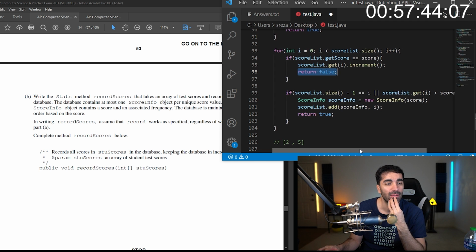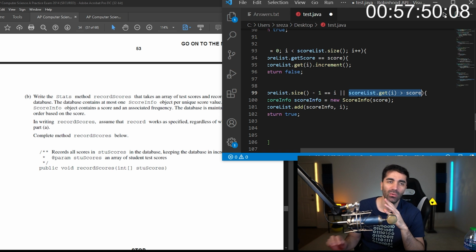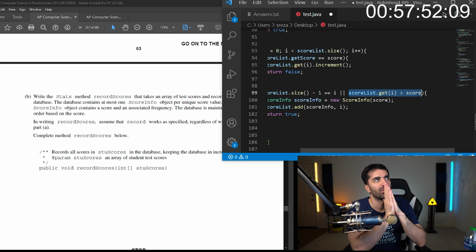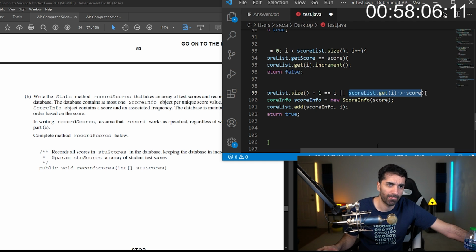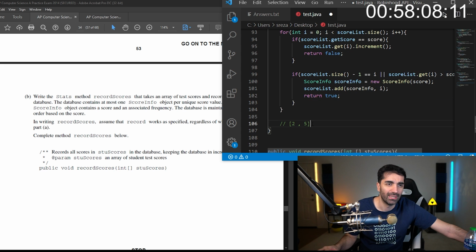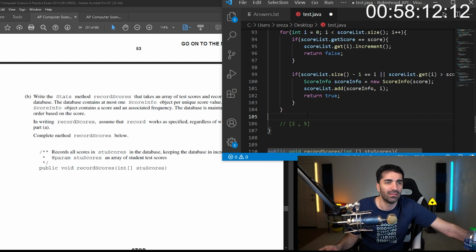Otherwise, if we ever get somewhere and we've passed it, should we check the next element over? I don't think so. I think we just check the one that we're on. If we're over, then we insert a new record there. Otherwise, if we get to the end, maybe we just need to check that at the end.